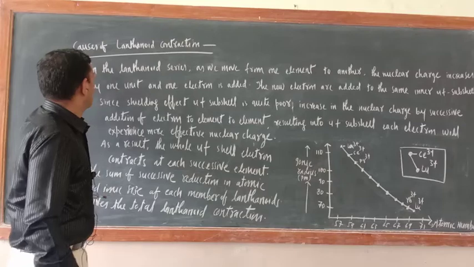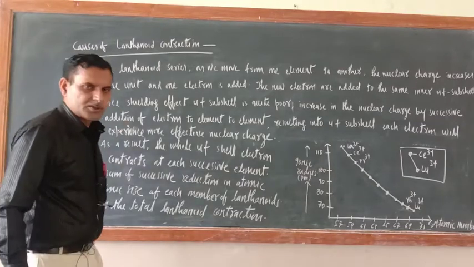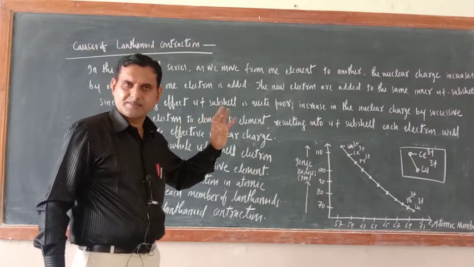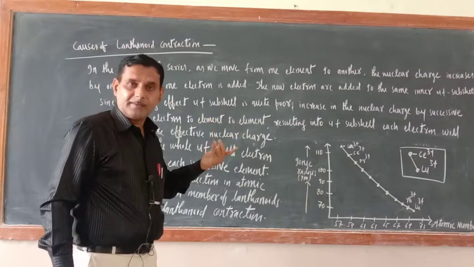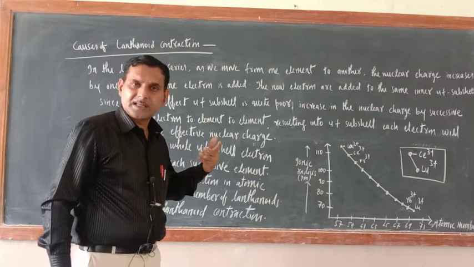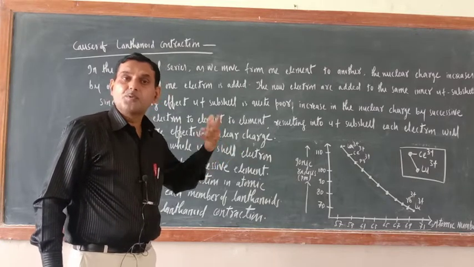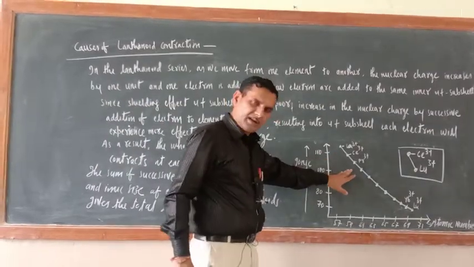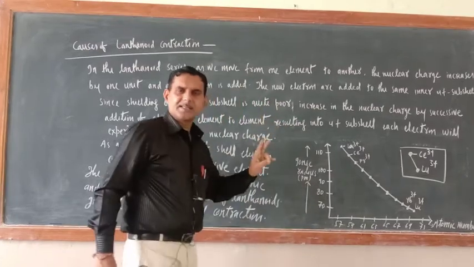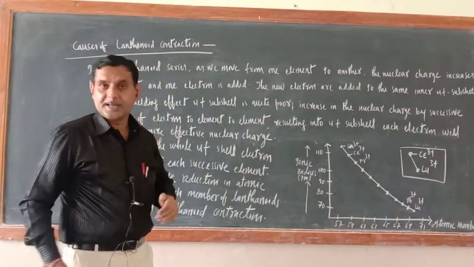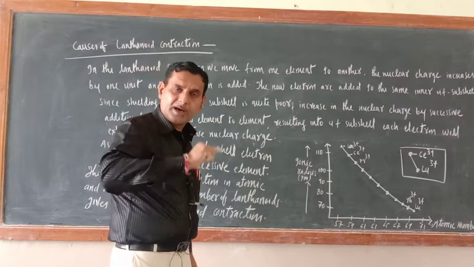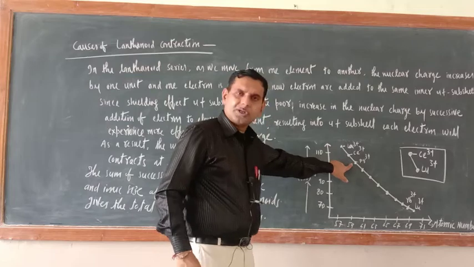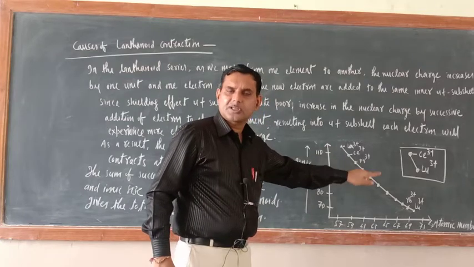Now just see the causes of lanthanide contraction. What I told, in lanthanide members, the electron will enter the 4f subshell. The f subshell is there, and the f subshell has a poor shielding effect. Now try to understand. I have still not deleted this diagram, this graph. Just see. The first member is cerium. Now one electron is added in the 4f. Now the next member is promethium, second electron, third electron, fourth electron.